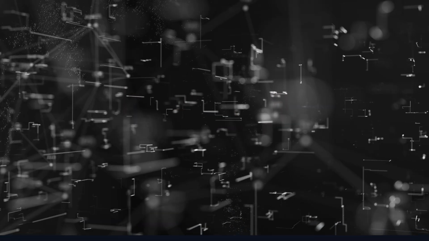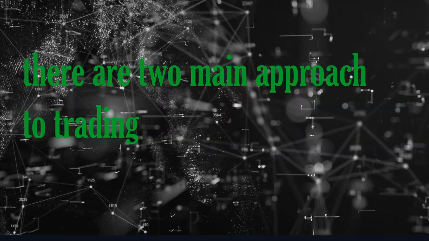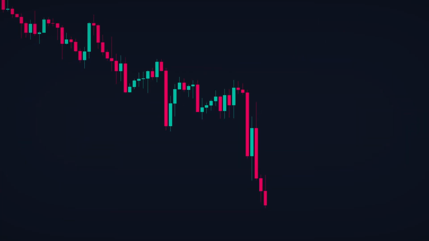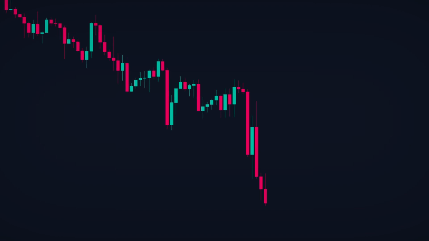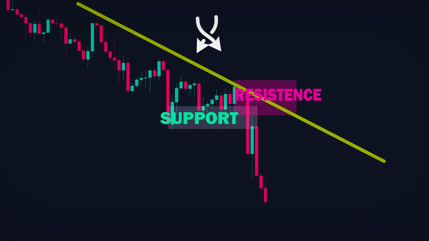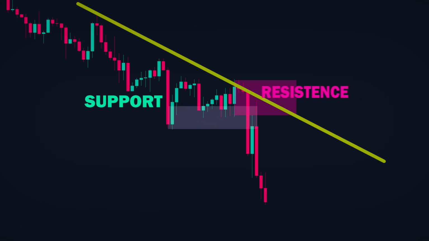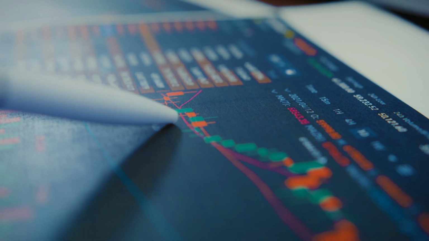Now let's learn how to trade by combining price action. There are two main approaches to trading: trend trading and reversal trading. Let's start by understanding trend trading. In trend trading, we look for a specific setup where trendline support and resistance come together at one point. This point is called the area of high confluence, which is a place where different types of traders are willing